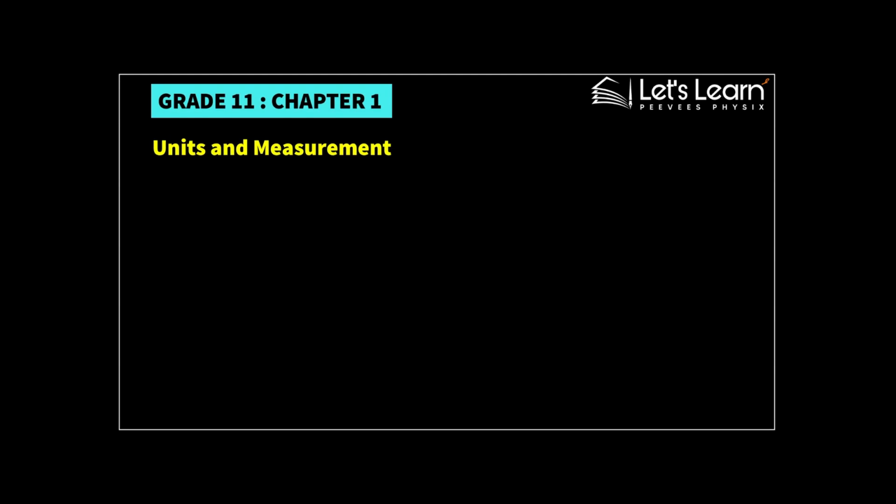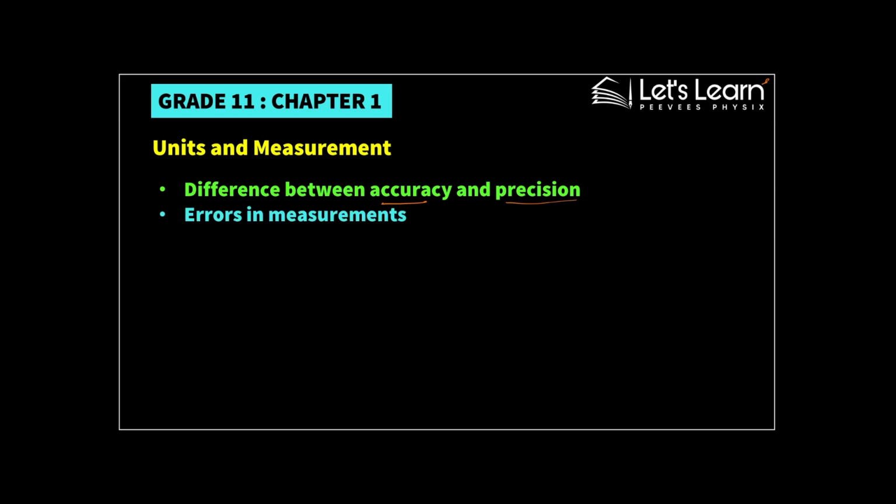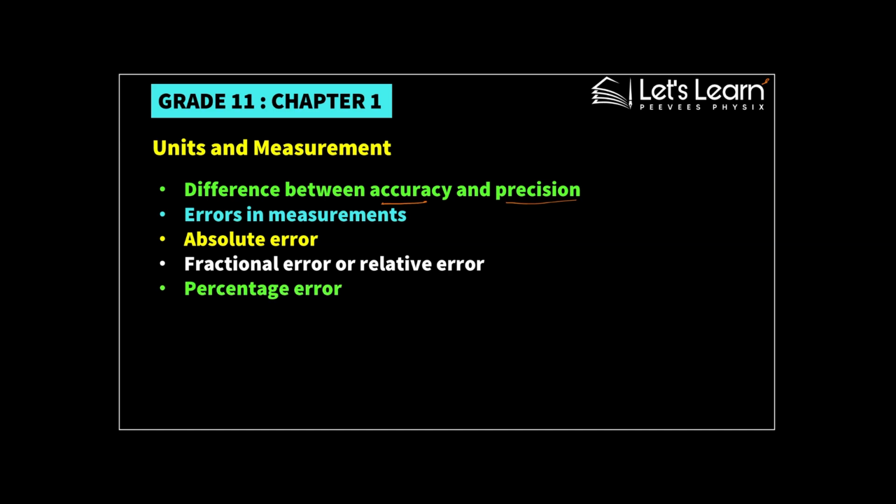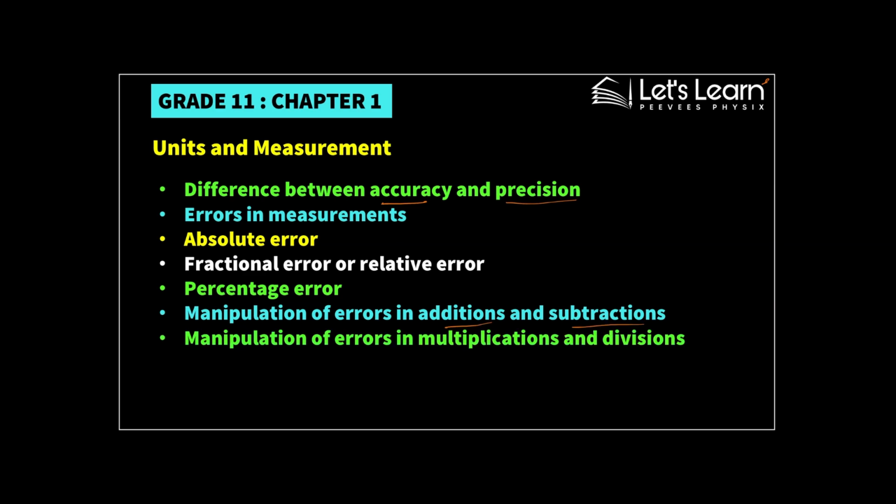Hi everyone. By the end of this video, you will have a clear idea on the difference between accuracy and precision in a measurement. Then we will see errors in measurements. There are mainly three types of errors: absolute error, fractional error or relative error, and percentage error. And the last, manipulation of errors in addition and subtraction, and manipulation of errors in multiplications and